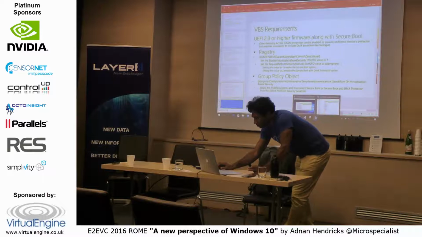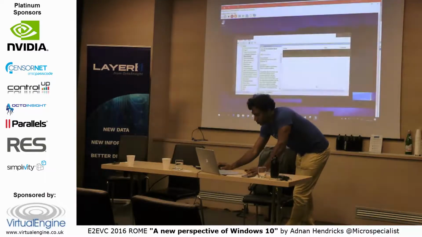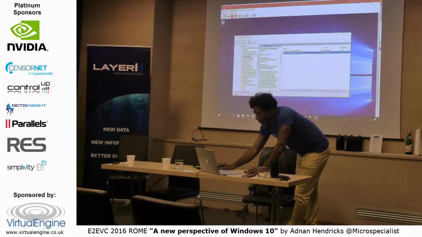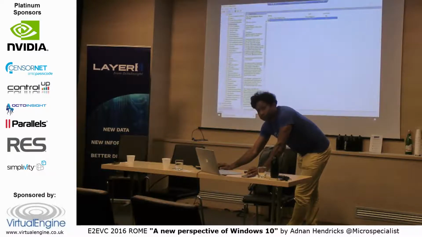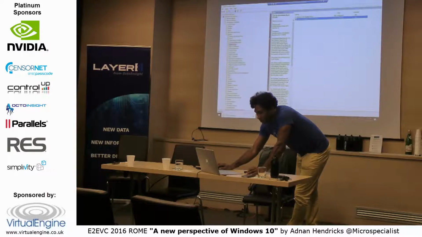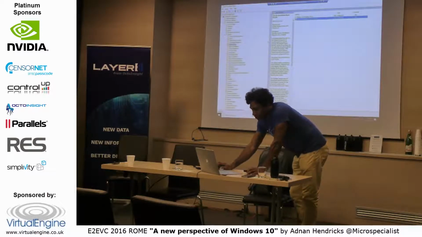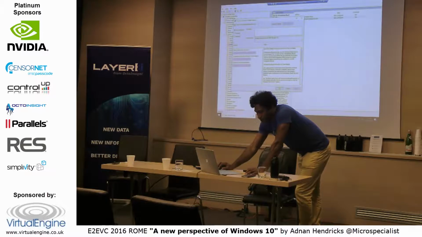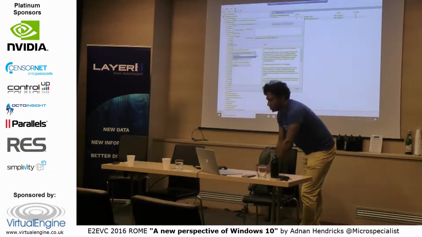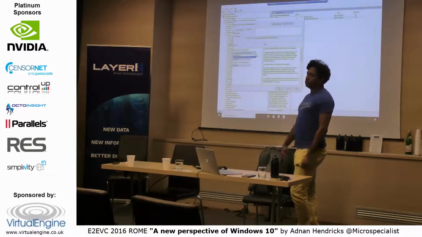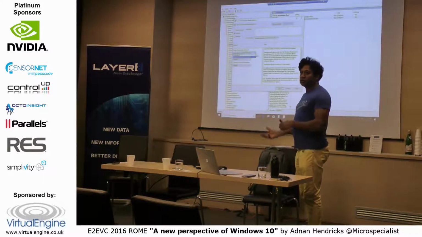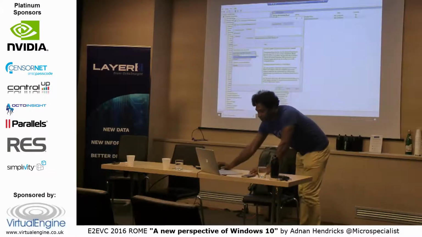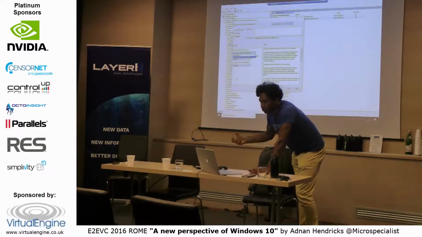It's a group policy option under Computer Configuration, System, Device Guard, and then you really just turn it on. You can enable it to protect from secure boot and DMA, so just protecting DMA memory as well. And then you can enable Credential Guard.